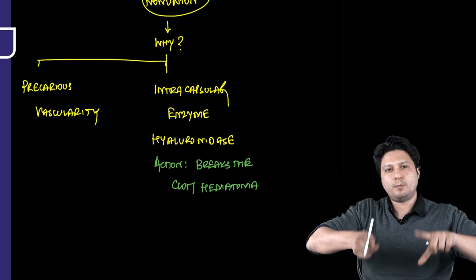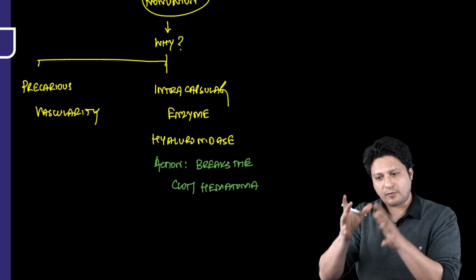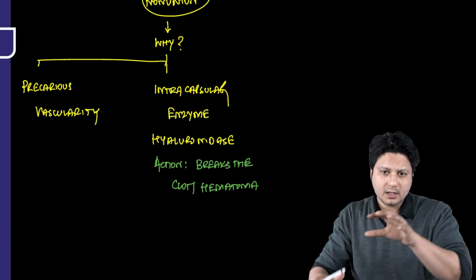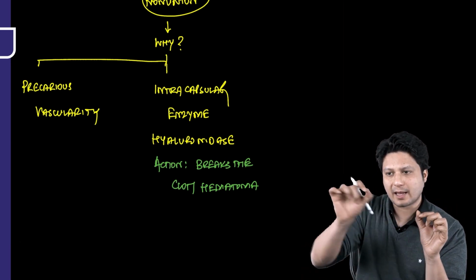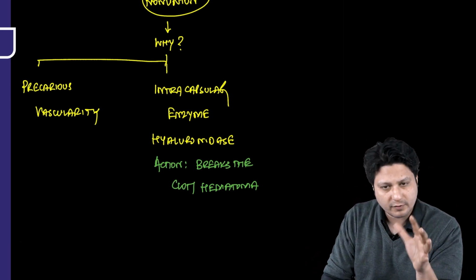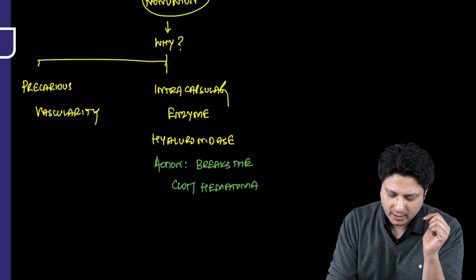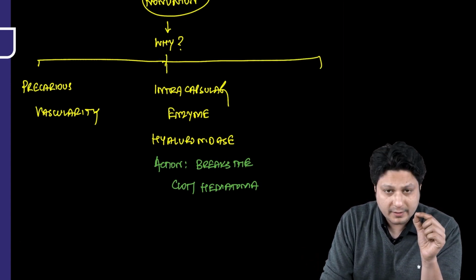Now, how this break in the clot or break in the hematoma progresses the fracture neck of femur into non-union, we will come to know after some duration of time. At this point of time, you just remember that intracapsularly there is the presence of an enzyme which is responsible for increasing the incidence of non-union in fracture neck of femur. And the third reason is that the neck of femur